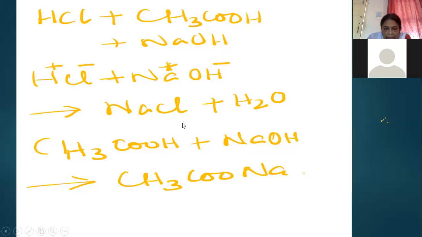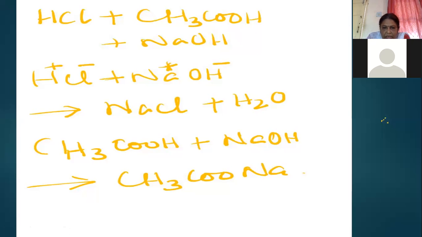Since you are not able to observe the color change, actually the neutralization has occurred. All the acid is neutralized by the base. But since in this kind of titration you are not using any kind of indicator, the color of the solution remains the same. So you do not know that the neutralization point, or the end point of the titration, is reached, and you go on adding sodium hydroxide.